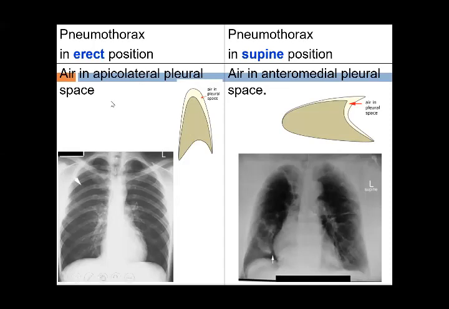In the erect position, air is in the epicolateral pleural space. This is the space. If you concentrate, this is the lung border. This one is the lung border, and this is a clear area which shows the fluid is in the pleural cavity. So in the erect posture, the fluid always accumulates on the upper part of the epicolateral pleural space, whereas in the decubitus view, that is the X-ray taken when the patient is lying on the bed, if you see this patient, this is the black area around the heart, which shows that the lung